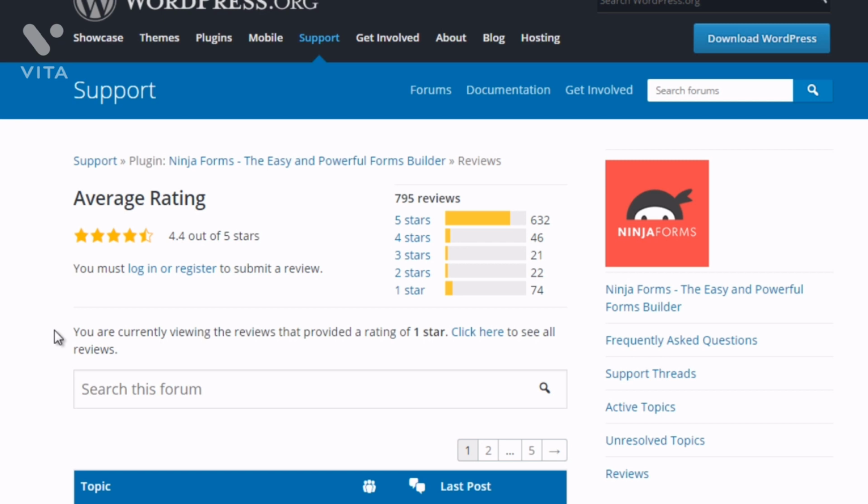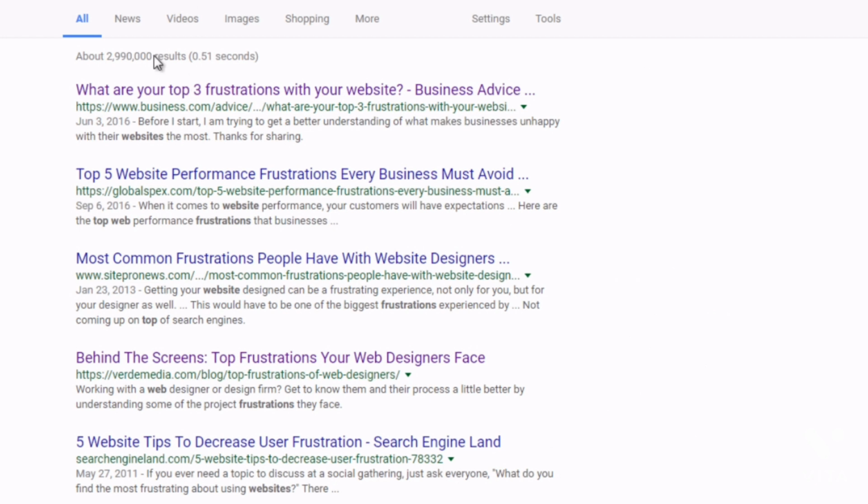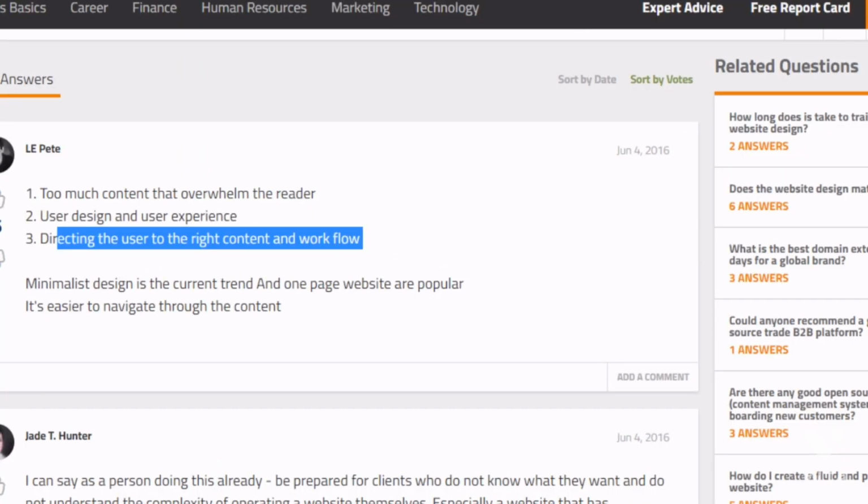And then you come out with it and you know that it's going to sell because you have so many people that are frustrated. Now, obviously, you need to make sure that people are willing to buy for that. And we'll talk more about that later. But that's just a simple process that you can take by going to Google, typing in top frustrations website, or things I hate about my website, or something related to WordPress, and then find those and dig deep into those